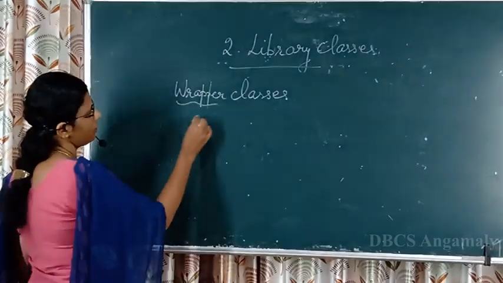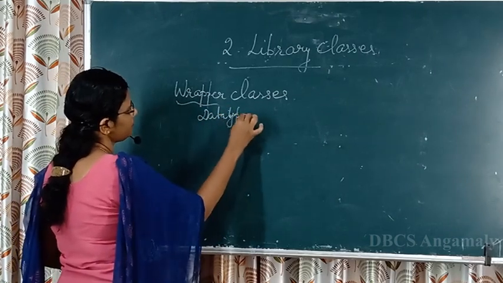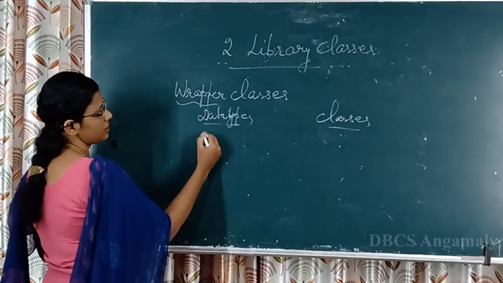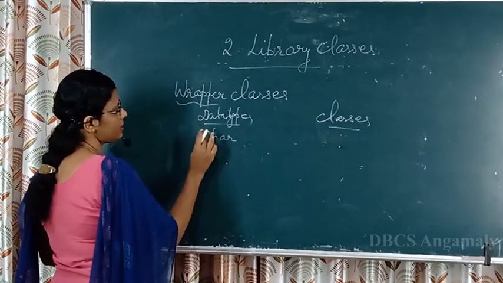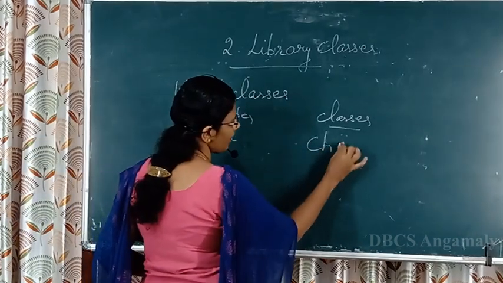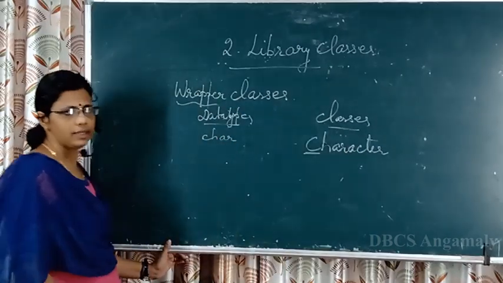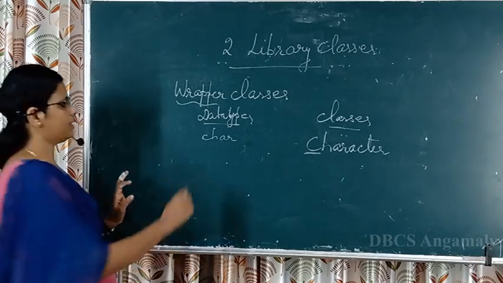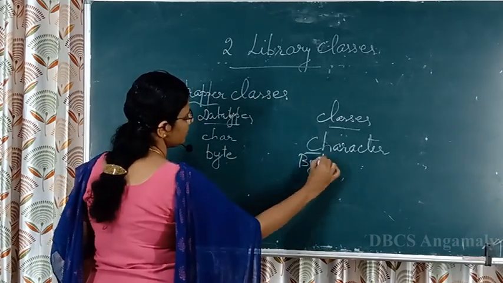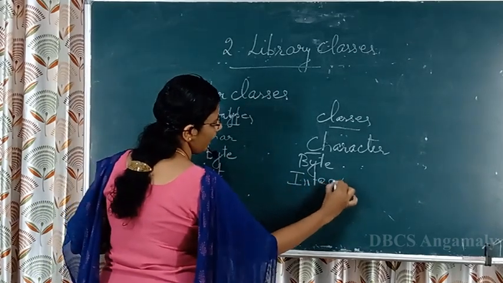So now let us write. Now we will write these on the left hand side: the data types and the corresponding wrapper classes. First, let us talk about char. Char is a data type, and all these are in small letters. When it comes as a wrapper class, you will be writing it as Character, and please note, you will write C as a capital letter. Next, you have byte. The corresponding wrapper class will be Byte. For int, the corresponding wrapper class will be Integer.